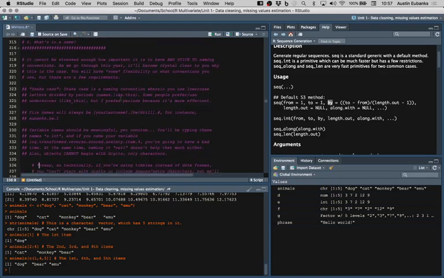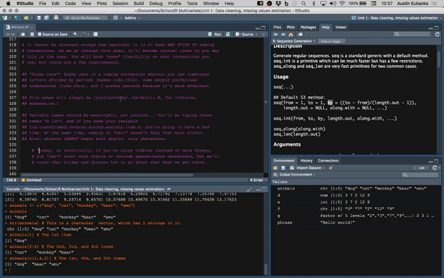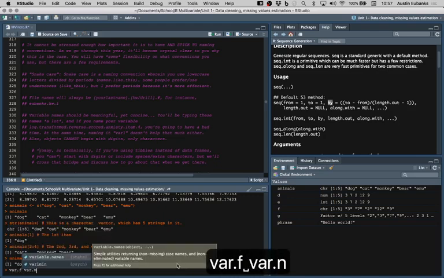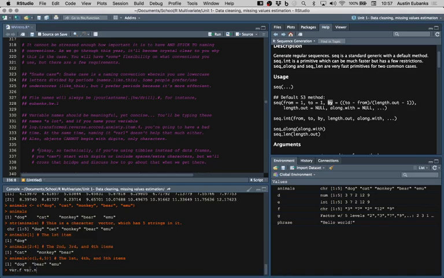But one of the reasons that it's nice to have these naming conventions, for instance, is that for all factors, I like to have a factorized and a numeric version, and so I would call them var.f and var.n, where var.f is the factor version and var.n is the numeric version, and I have 2 explicitly separate versions of that variable, and I'll do this across all of them. And one of the reasons for that is when you have this convention, I use